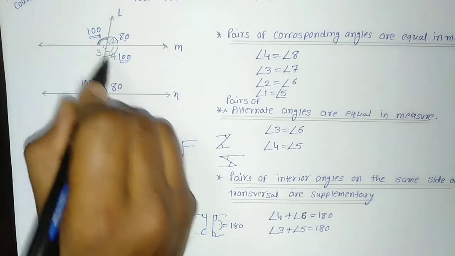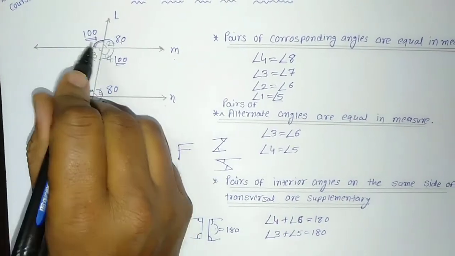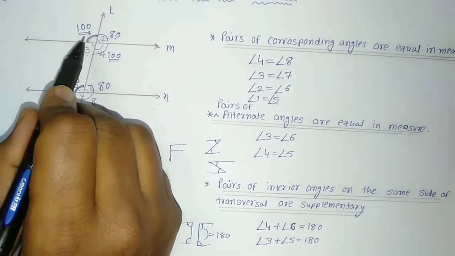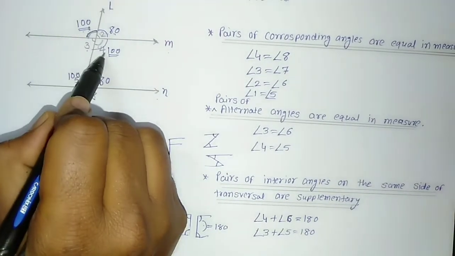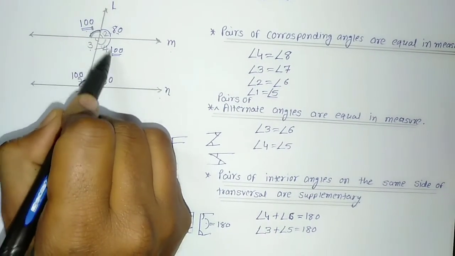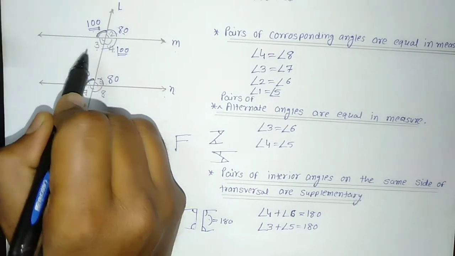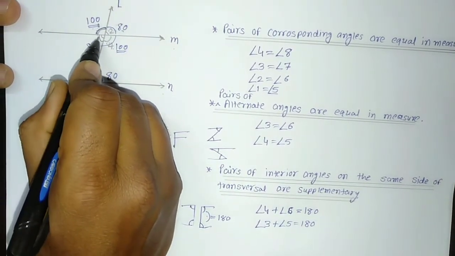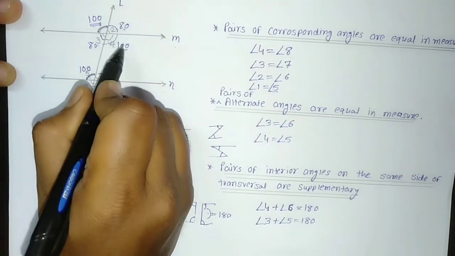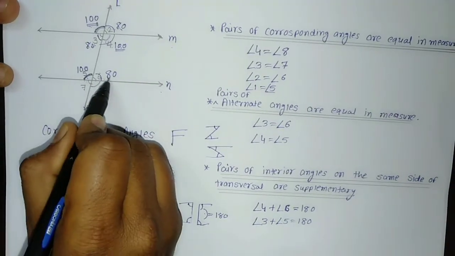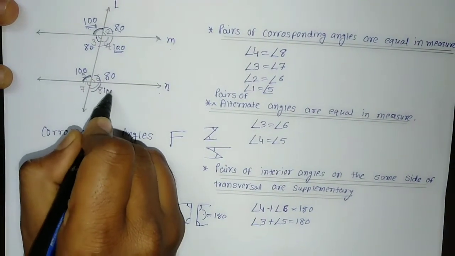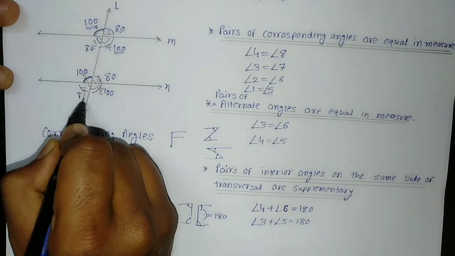Or even you can say these are the cross angles. We already talked about this angle also. That is also equal. So this is 100, this would also be 80. It is 100, then it makes a linear pair. So it is 80. 100, 80, 100, 80. This is 100, 80. This would be 100. And this would be 80.